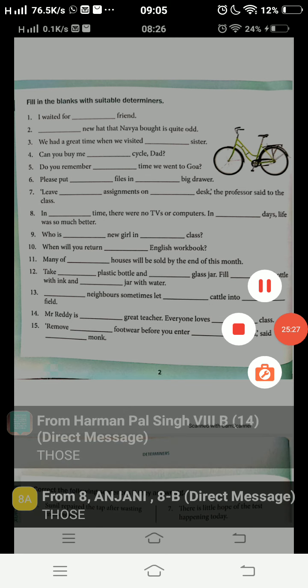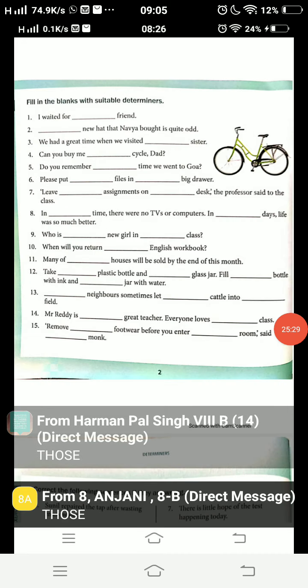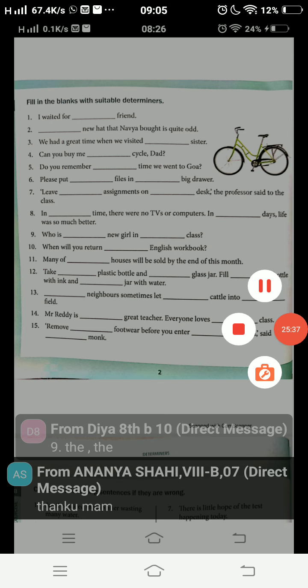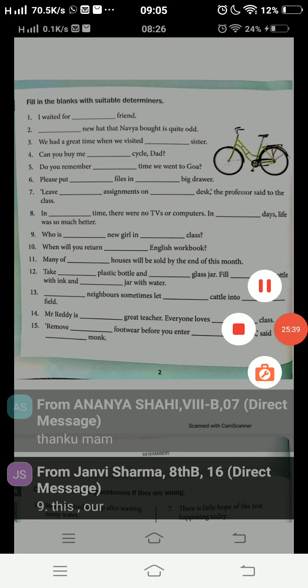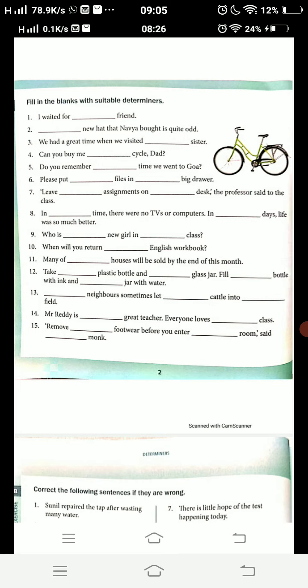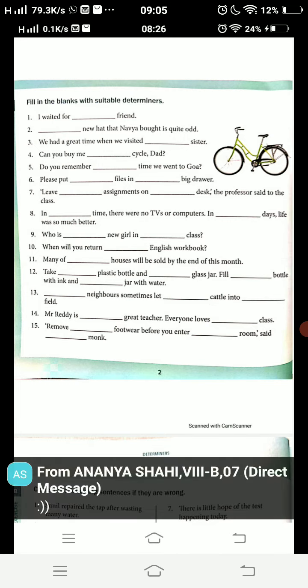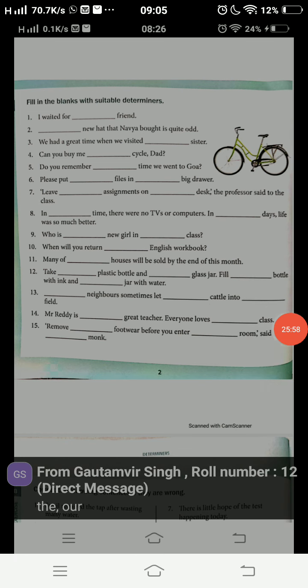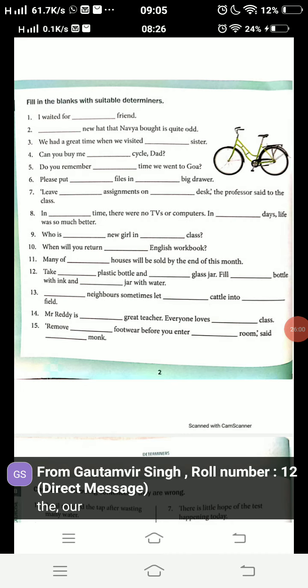Good response. Some students are so active, they are participating too much in my class. So today they are going to become my favorite students. Others will also become my favorite if they give maximum participation by writing their answers. If you write a wrong answer, no problem, you can learn from it. I'm not going to insult you if your answer is wrong. You just copy what you have written in your book and type it in the chat box.